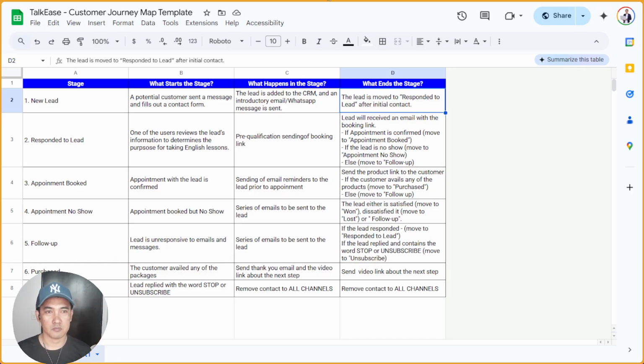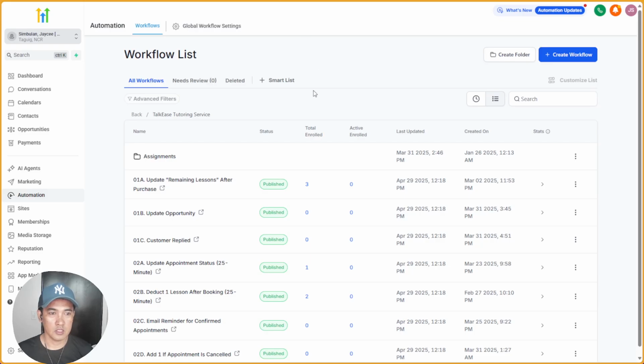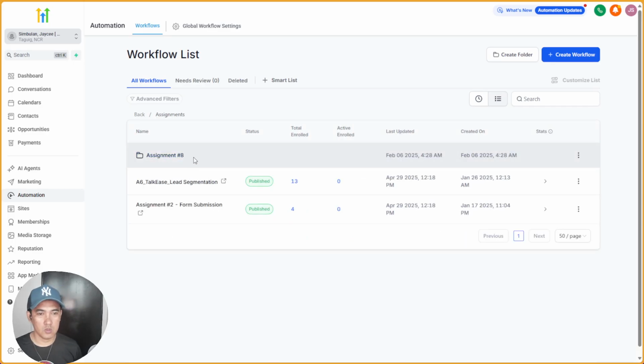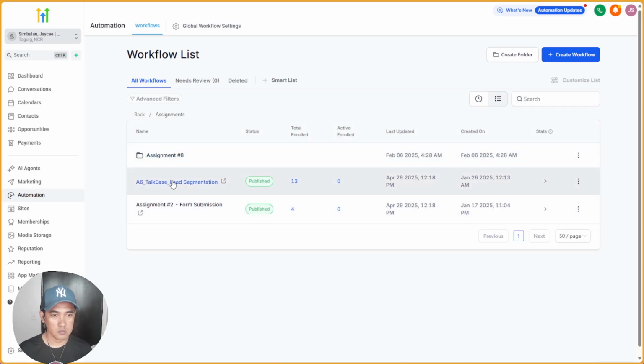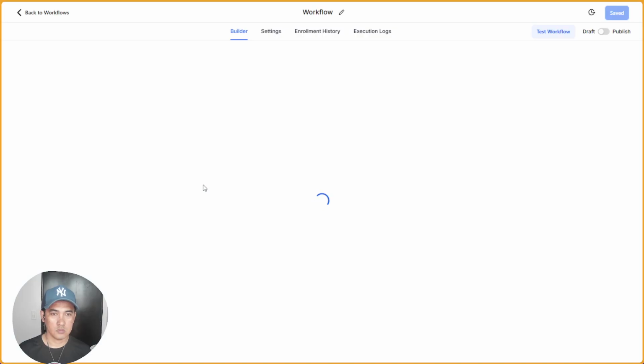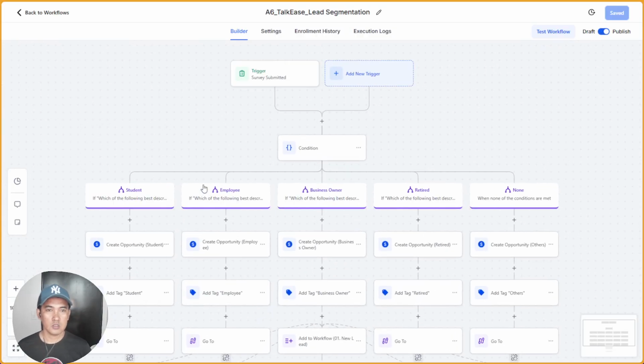So let's dive into the workflows, and let's check this one. This workflow is just for lead segmentation.